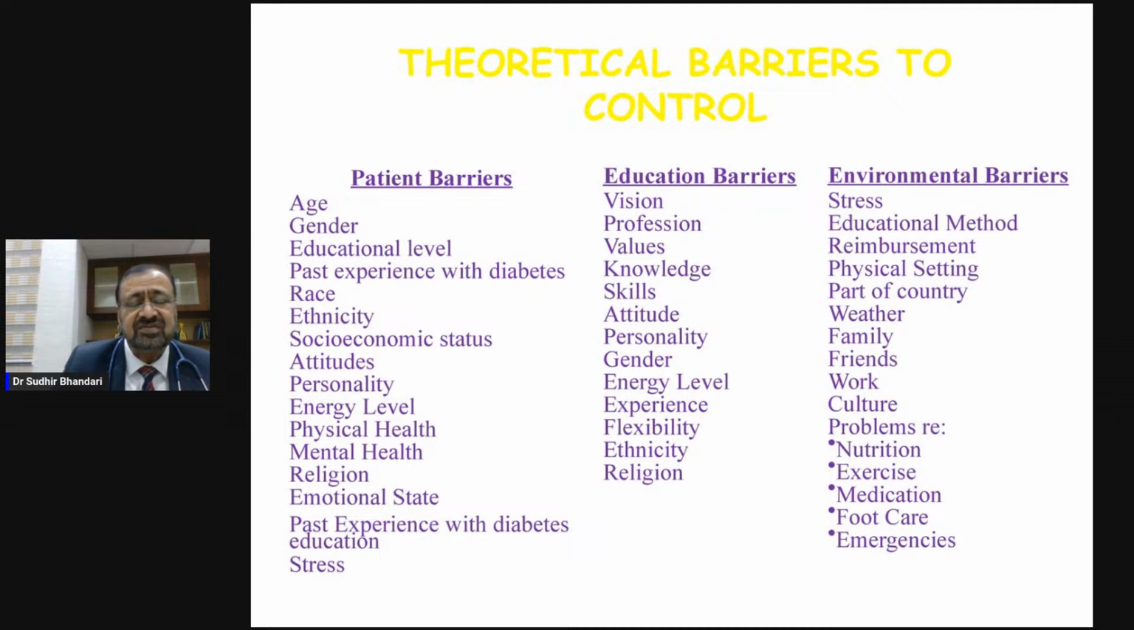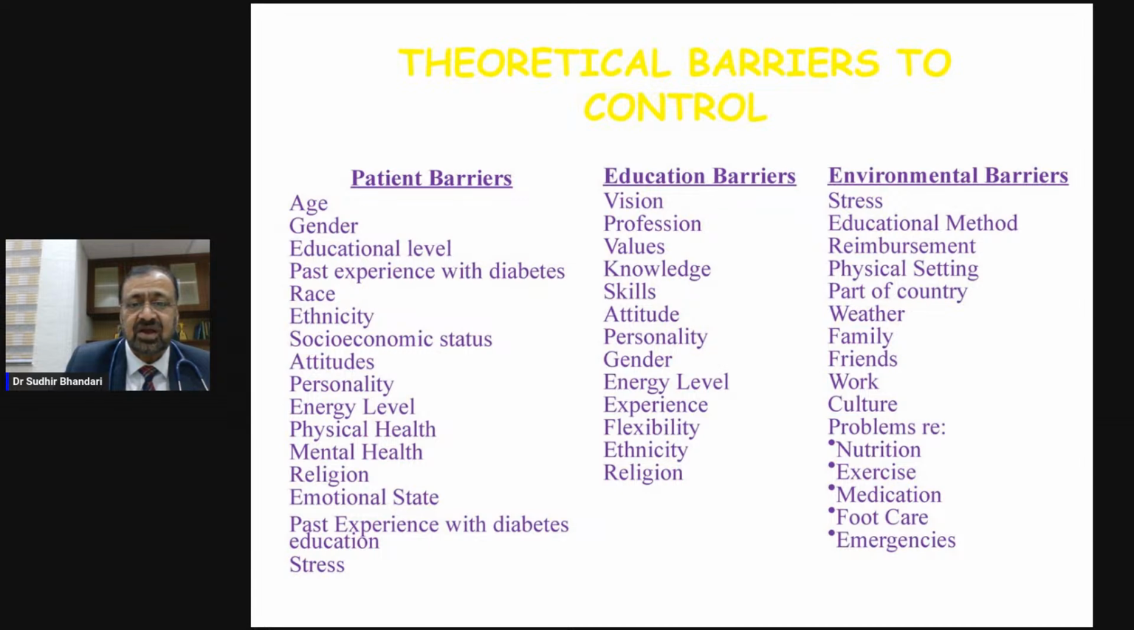There could be some educational barriers also, like the patient may have poor vision and may not be aware of the advantages of insulin. His professional requirement is that he is so preoccupied that he has no time to take insulin in a timely manner. The knowledge about it is poor, and at the same time, there could be some religious beliefs not to